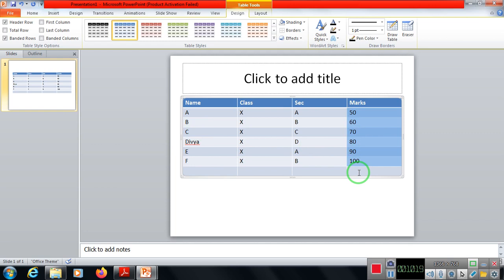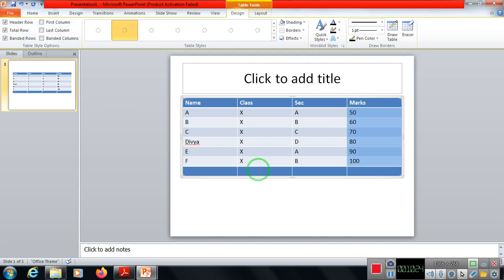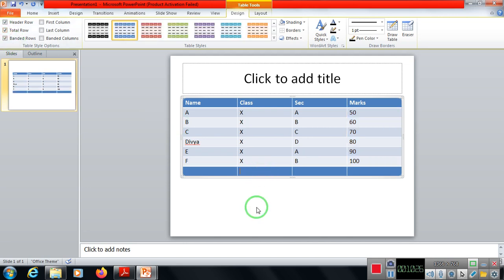So now if suppose you require a total over here, so what we can do, we can use a total row. So over here we can simply write total, and then we can write a total. Suppose the total is, if I'm not calculating it, suppose the total is 450, so we can write 450. So this is how we can design a complete table in a presentation. If suppose you want to display any data in the form of rows and columns, we can utilize this. Another thing, if suppose we want to increase the size of this table, we can directly increase the size of this table.